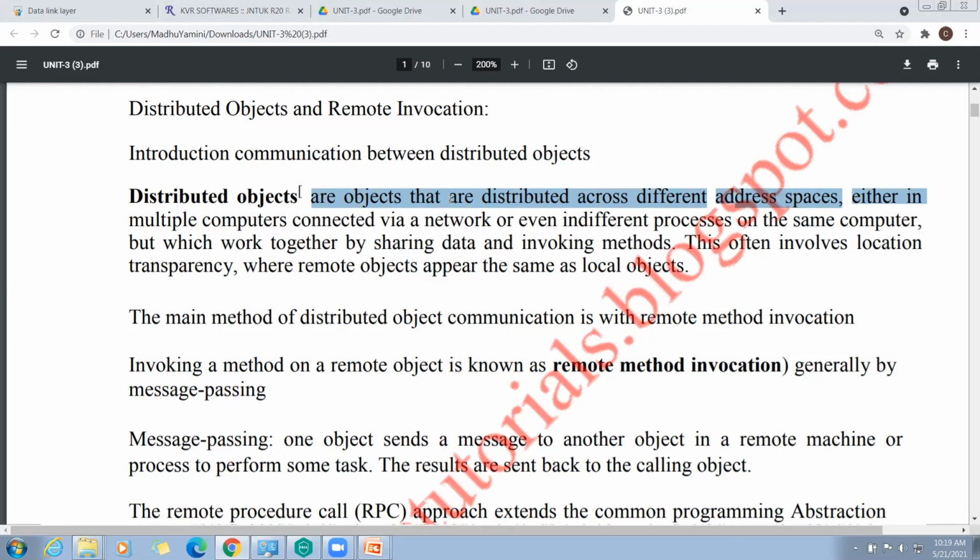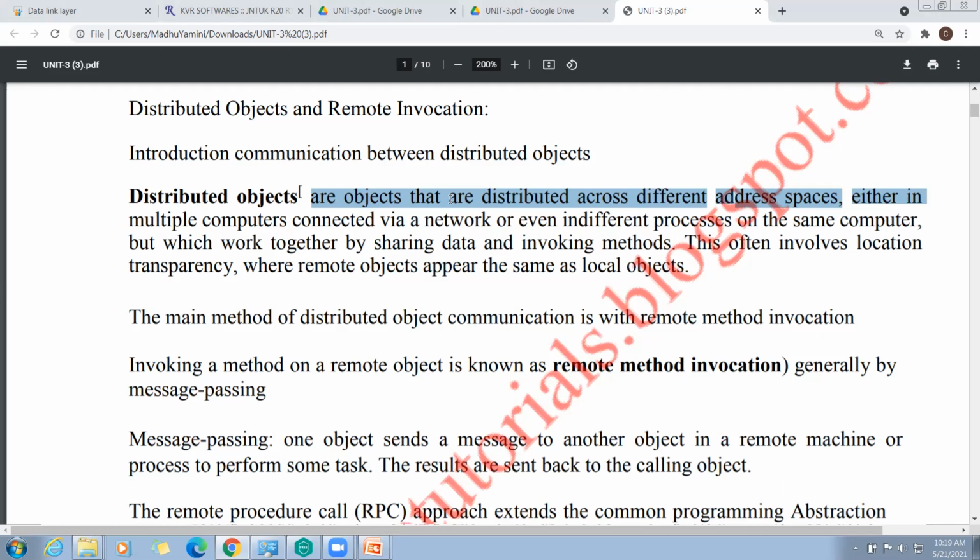Here, the distributed objects are the objects that are distributed across different address spaces, either in multiple computers connected via a network or even in different processes on the same computer.